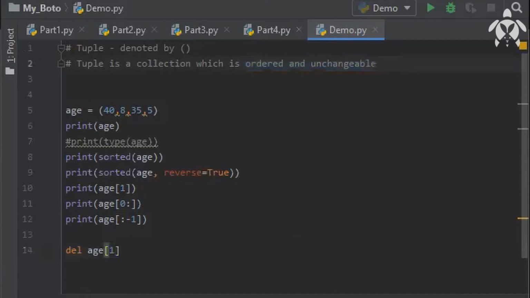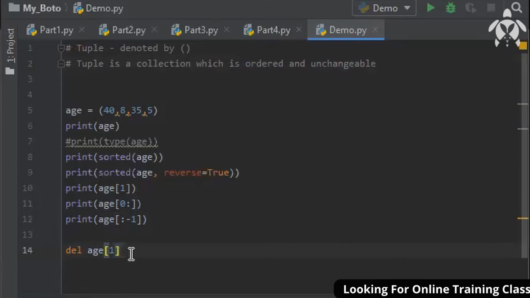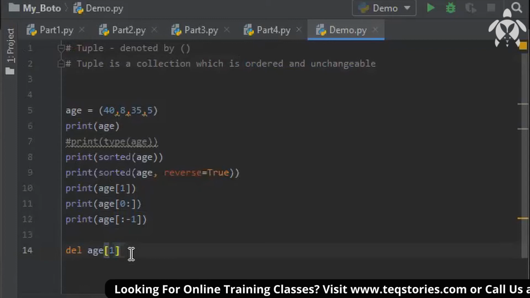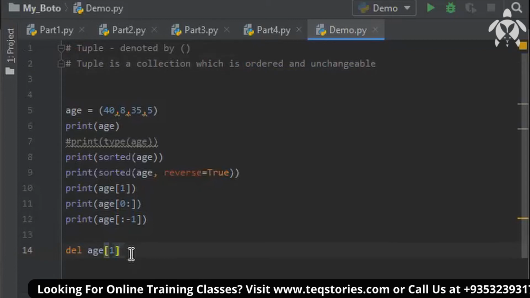You can't change inside. If you want to add or remove anything from the tuple, it's not possible directly. You do that by converting the tuple into a list, then adding a value, and converting it back into a tuple. That's how you can do that. But directly in a tuple, you can't remove anything. So that is unchangeable. That is a limitation we get in tuple.